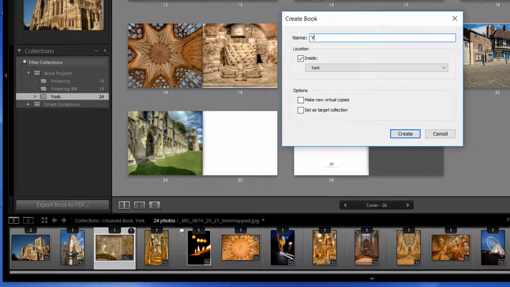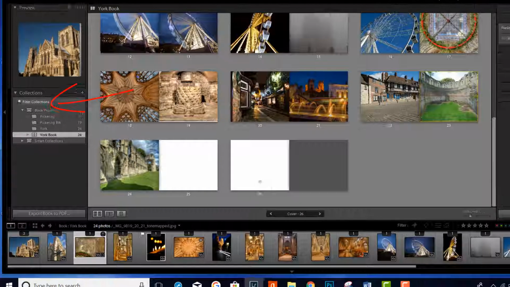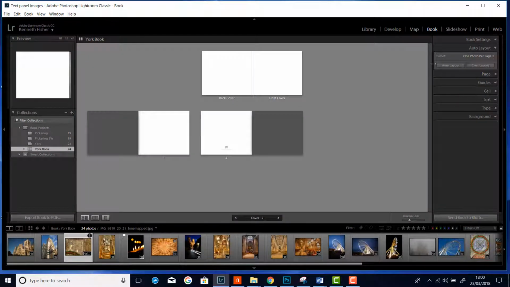I'll call this one York Book, and I want it inside my Book Projects. I don't need to make virtual copies and I don't need to set a target collection, so I can now click Create. When you do that you'll notice it creates a special collection with a special little icon with a little book on. Now if I clear the layout altogether,